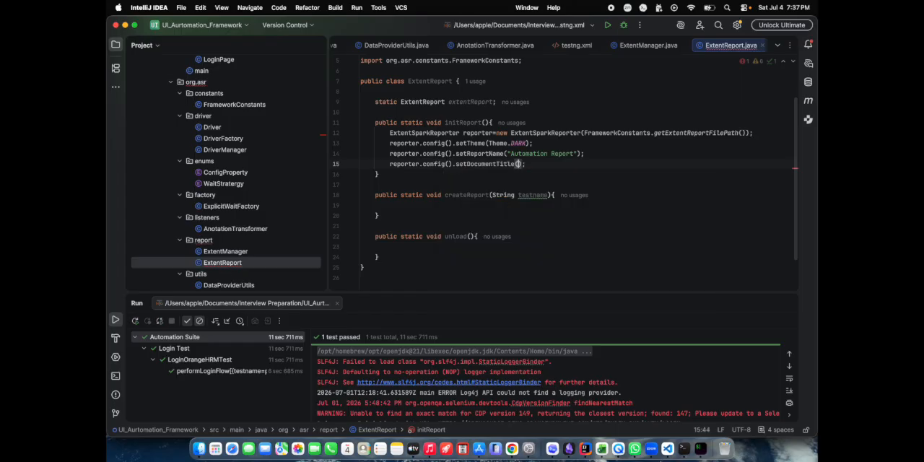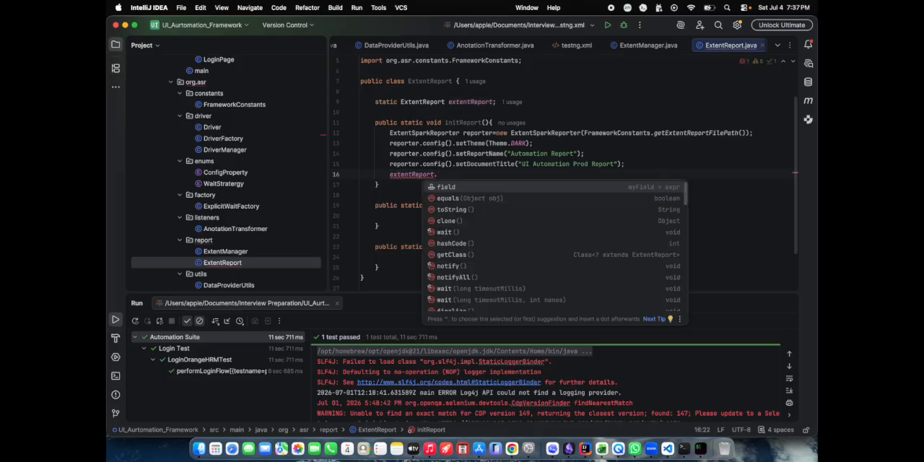set document title as, we can give any name like UI automation framework, UI automation prod report. So like this we can give, and post that we need to attach that one. So we need to extent report dot attach